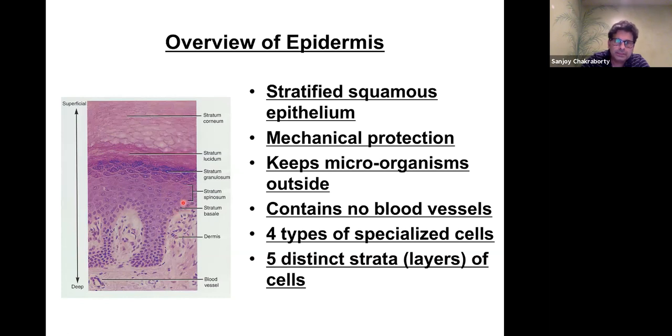And as soon as cells go up, they're like dead. So they are dead, and when you go on the top, you sometimes lose your skin cells. You're shedding here, so you're building here. That undergoes mitosis often, so cell division takes place right here. And then when they are dead, you can lose them from the top. So a lot of skin cells, because these are epithelial cells, and we studied earlier that epithelial cells